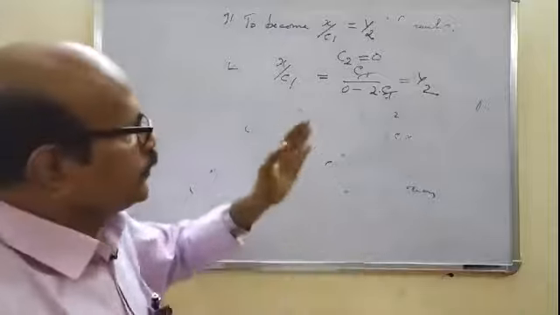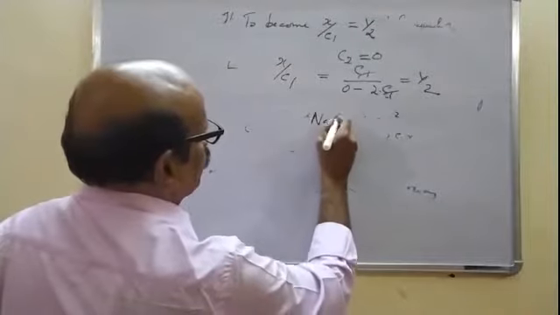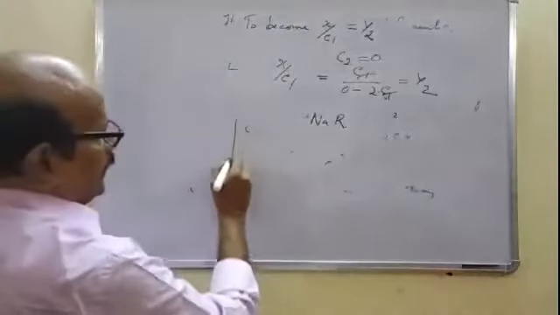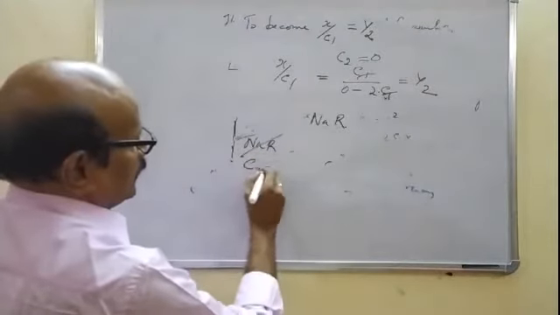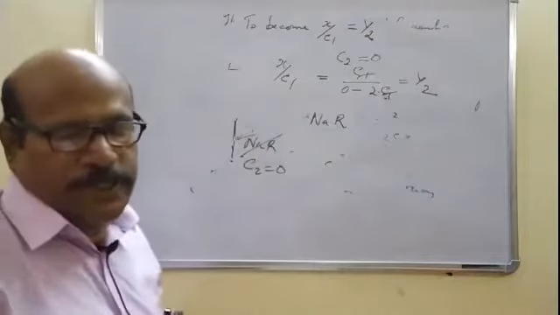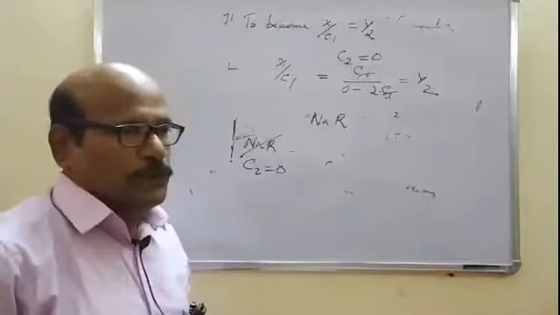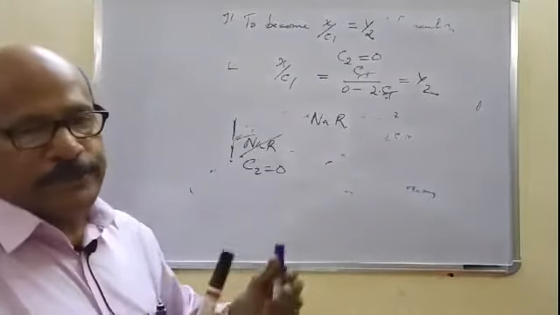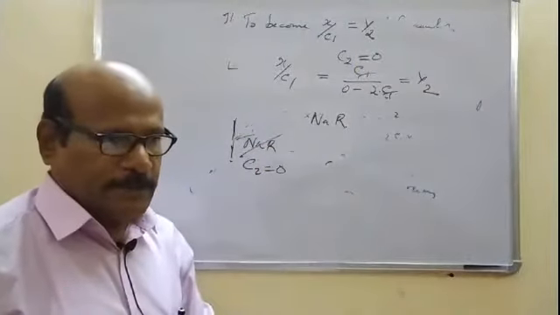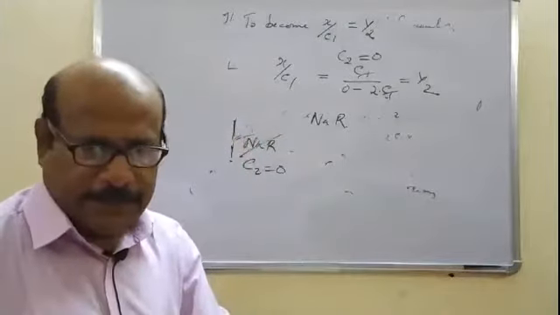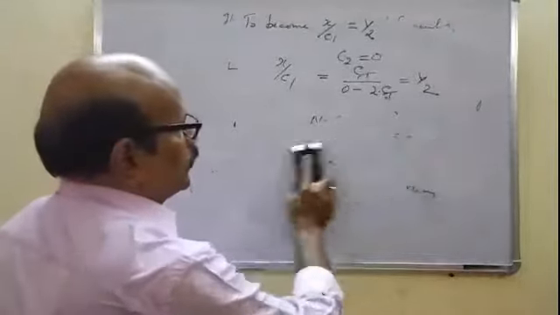Okay. C2 being 0 means NaR should not be present on the right side of the membrane. Then C2 should be 0. But that is not actually the case. Only if C2 is 0 does x by C1 become half. For the fraction of the NaCl on both sides of the membrane to be the same, C2 should be 0, which means NaR should be absent there. But that is not the actual case. NaR is there. NaR is there. There will be an electrolyte like the protein, a non-diffusible ion, on the right side.